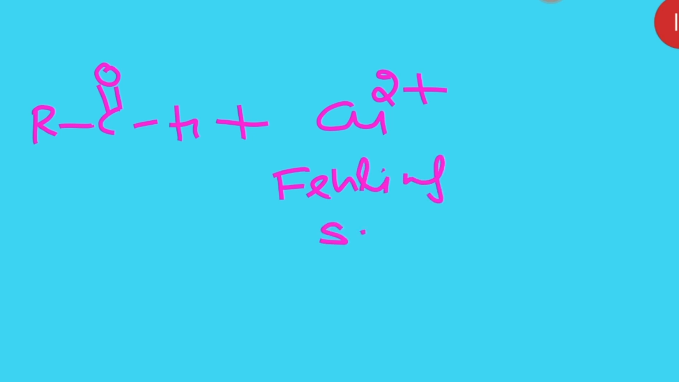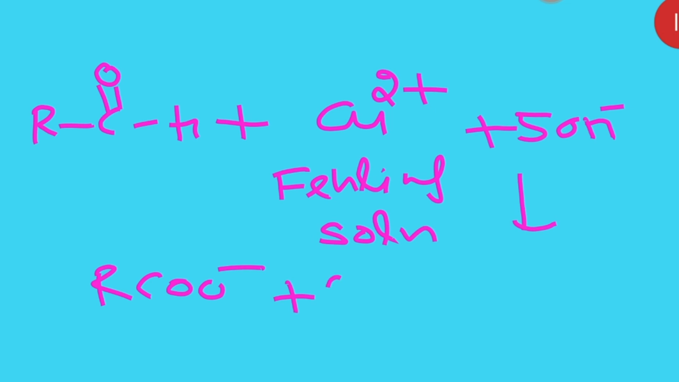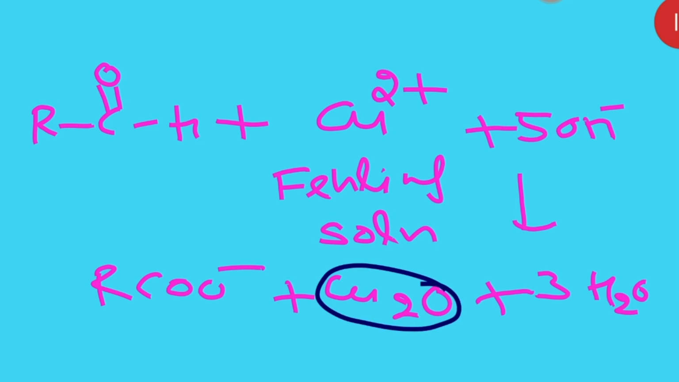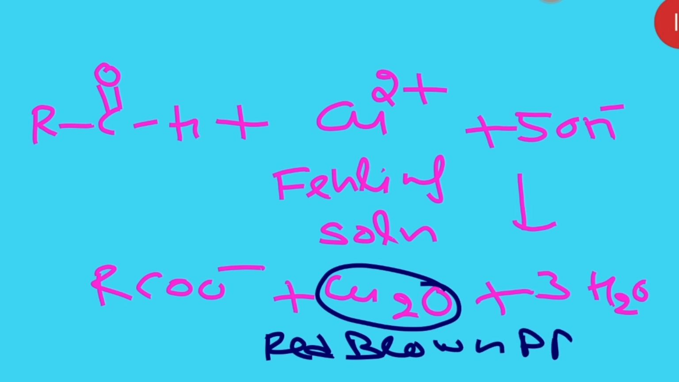RCHO, this is the aldehyde, and this Cu2+ ion came from the Fehling solution, plus 5OH negative ion. Then it gives RCOO negative plus Cu2O plus 3H2O. See, all of you, the Cu2O we have written there has a red brown PPT. A reddish brown PPT we are getting, and the aldehyde has been oxidized to the